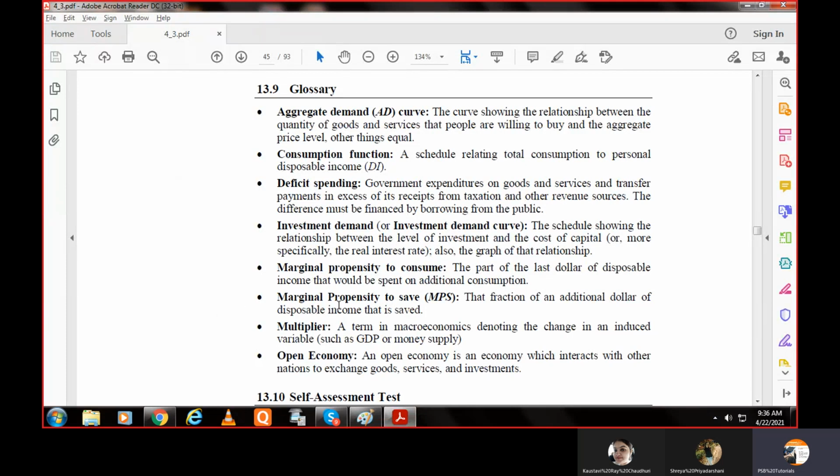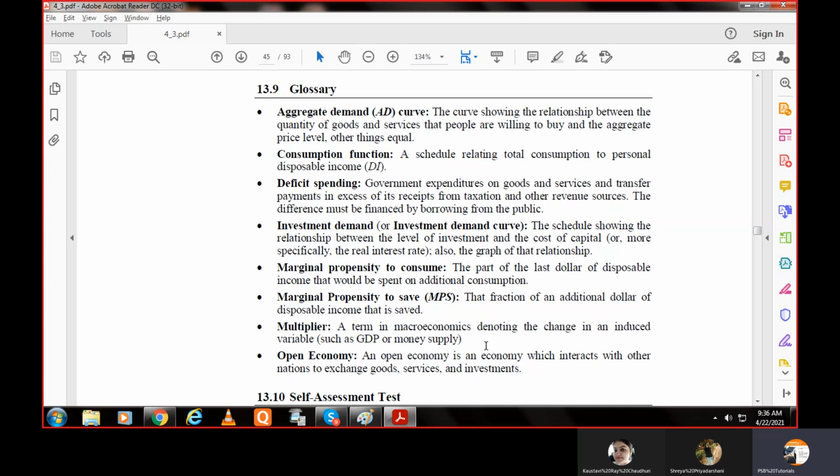Now marginal propensity to consume, simple सी बात है, the last or the additional intensity. आपकी जो अगर इनकम बढ़ रही है तो इनकम से कंजम्पशन कितना इंक्रीज हो रहा है. This is your marginal propensity to consume. मार्जिनल प्रोपेंसिटी टू सेव, सिंपली आपके एडिशन ऑफ इनकम से सेव करने की इच्छा कितनी बढ़ रही है. ठीक है ना. मल्टीप्लायर, मल्टीप्लायर मतलब क्या है,